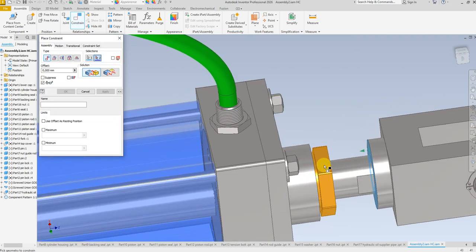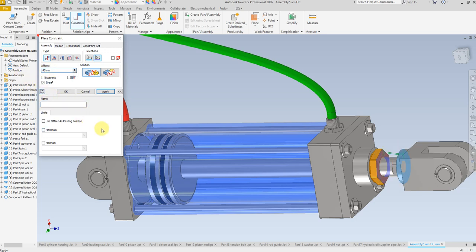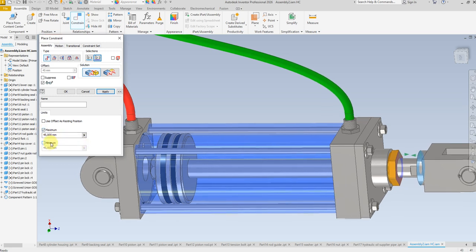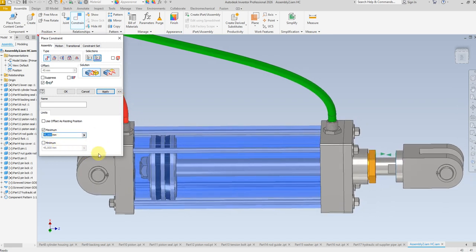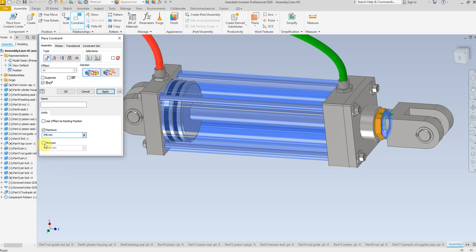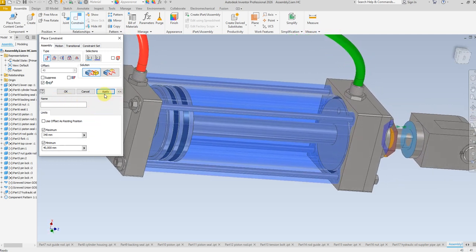Select this face and this face and give a distance of max distance 45 millimeter and max 340 and the minimum 40 millimeter. So let me say okay,